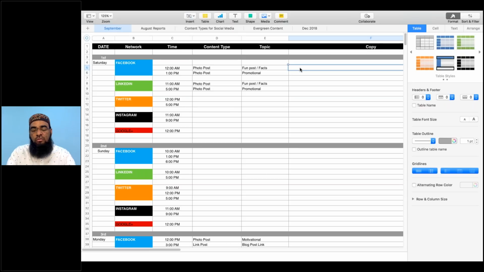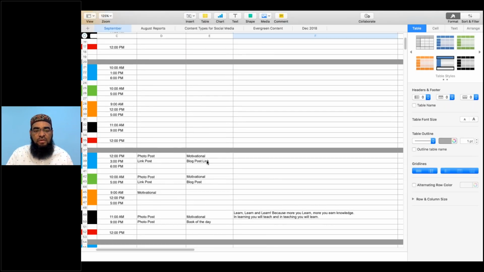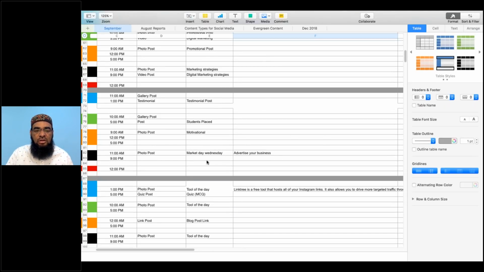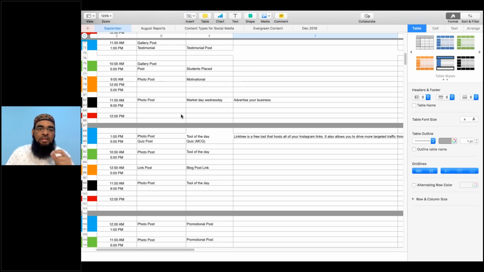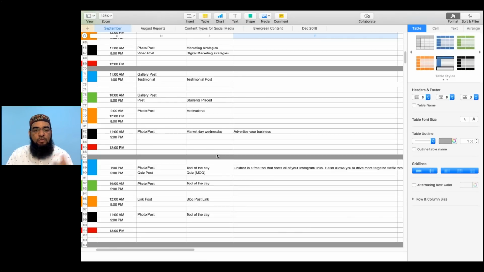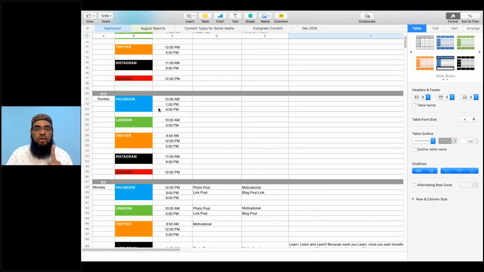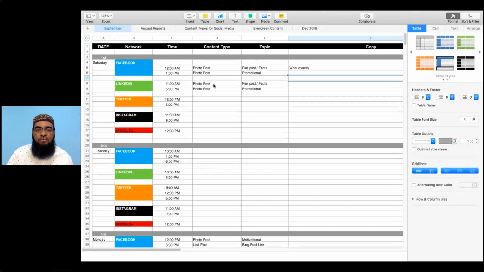And you should also write the copy of the topic, meaning what exactly you're going to post on that day. This is just a rough structure. This content calendar layout is available in HubSpot. I will share the link so that all of you can download it. This is one of the defaults which I have got from the web.